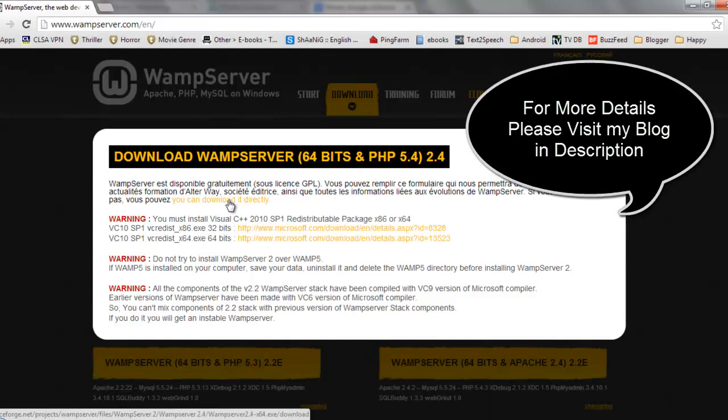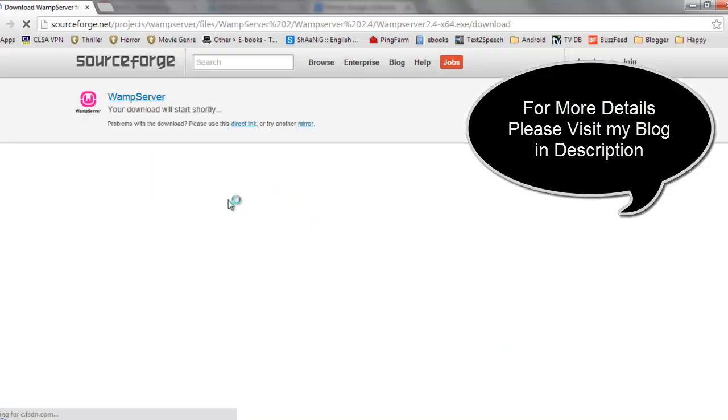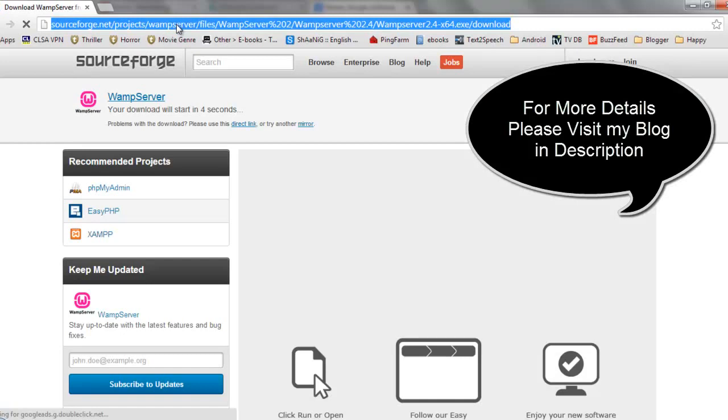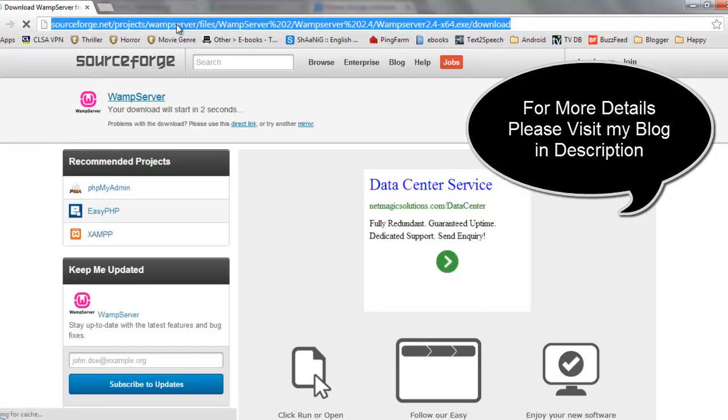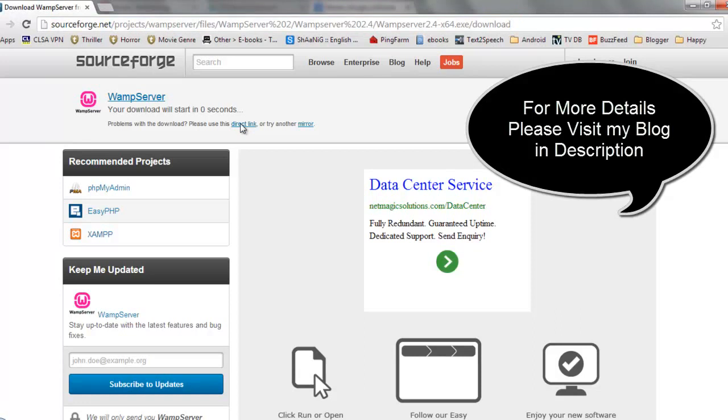This installation also requires some C++ redistributable packages, which should automatically be installed when you install the WAMP server. So click on this link, and the download will automatically start after a few seconds.